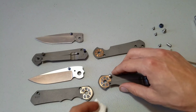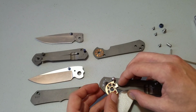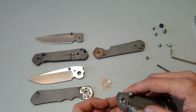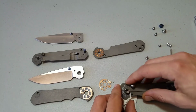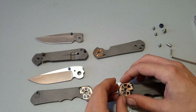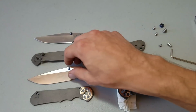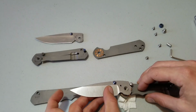Because it kind of sucks trying to keep your pivot in, because the pivot just constantly falls out when you're, what? I'm gonna do it like this. Take my little paper towel, put the pivot on. I'm going to use this paper towel to hold the pivot in. Keep everything there. I'm not too worried about it being dirty, and honestly I could probably run this Inkosi dry for a little bit. Just break it in a little bit more. I did for a while. I was running it dry for a while, but